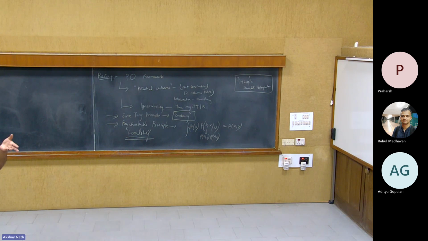I think Pearl and Verma and others in 1985, I mean, I won't say exactly 1980s, late part of 1980s, they were actually studying Bayesian networks for inference. It had nothing to do with causality. Then they realized that the same language is implied by structural causal models. Okay, but there's a difference between a Bayesian network and a causal Bayesian network. So let me define what a causal Bayesian network is. The Bayesian network is first, and then let's go to causal Bayesian. I'm just mostly following Pearl's book.